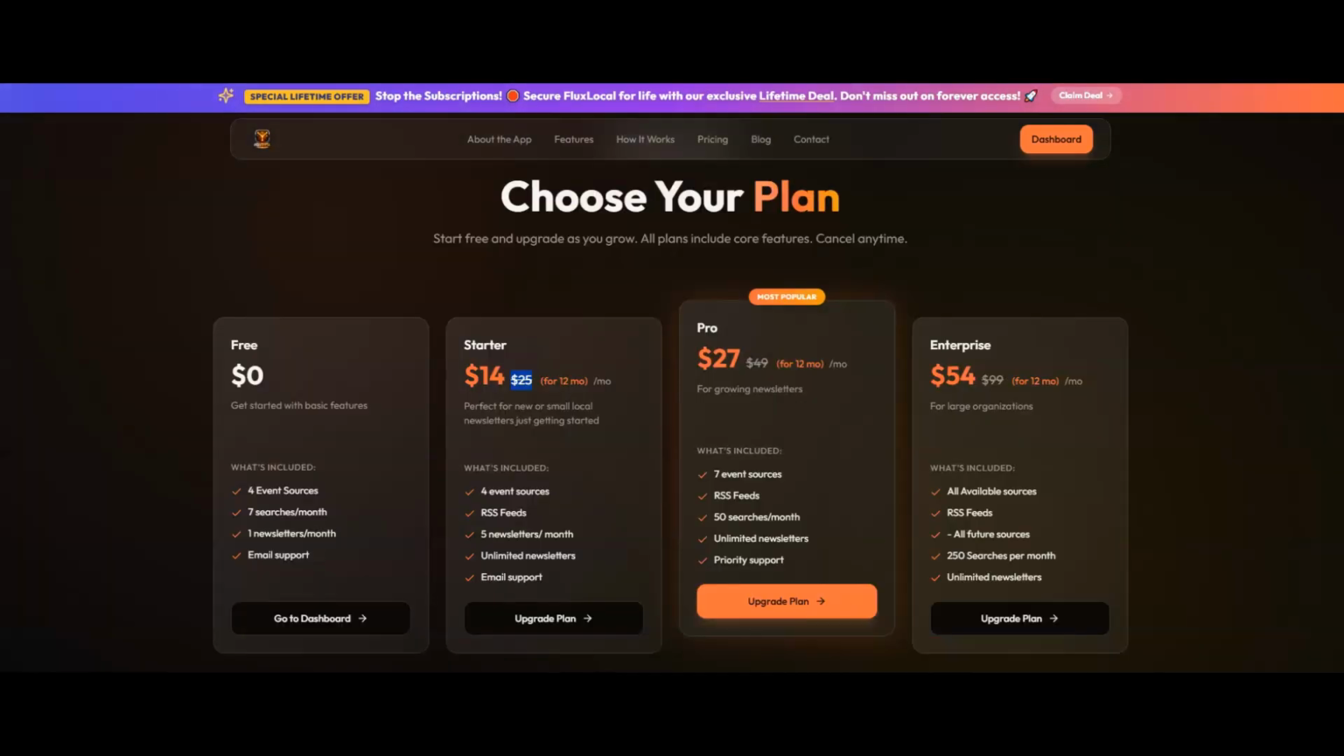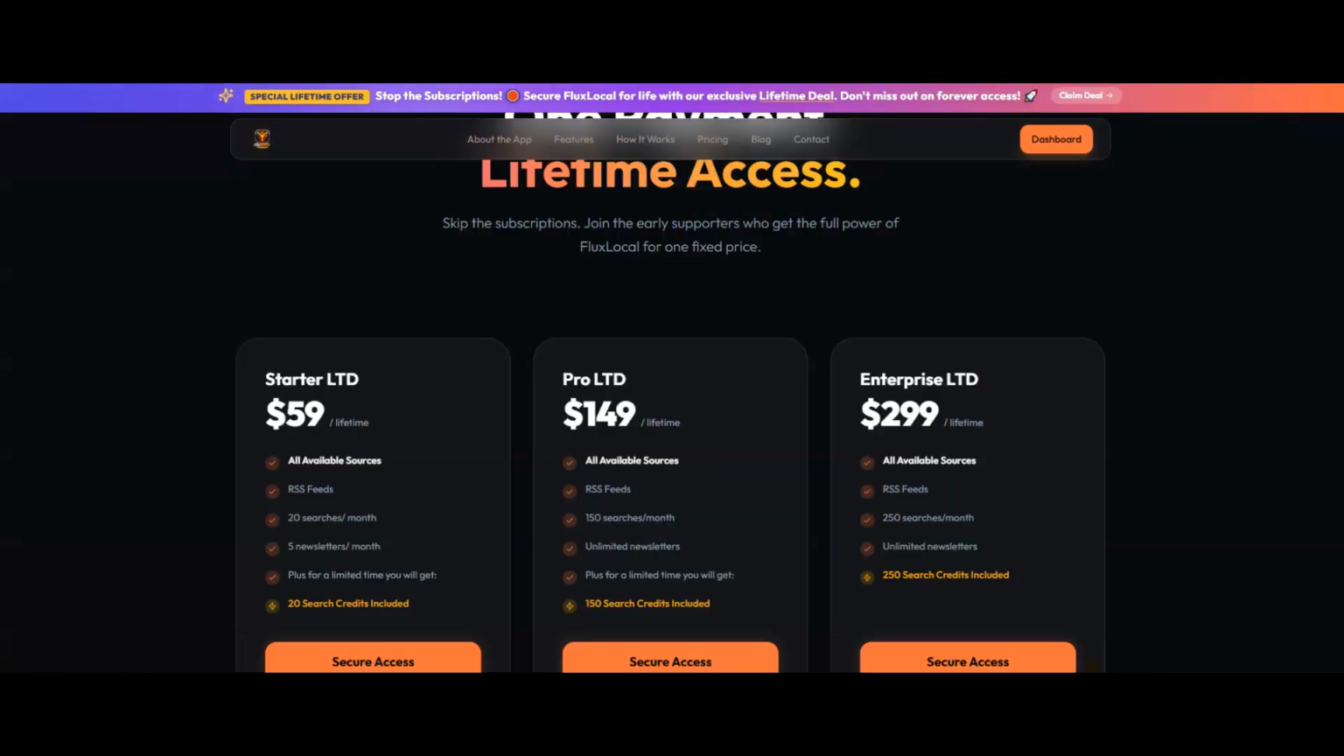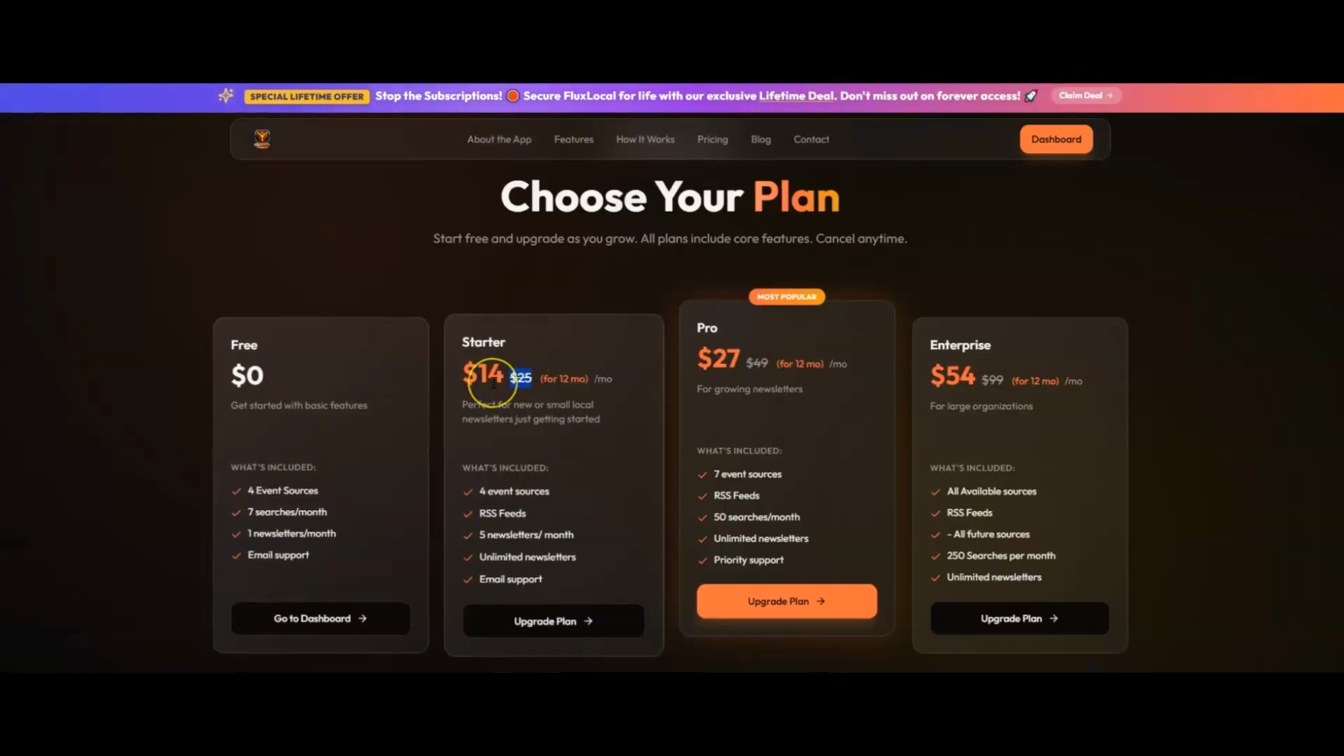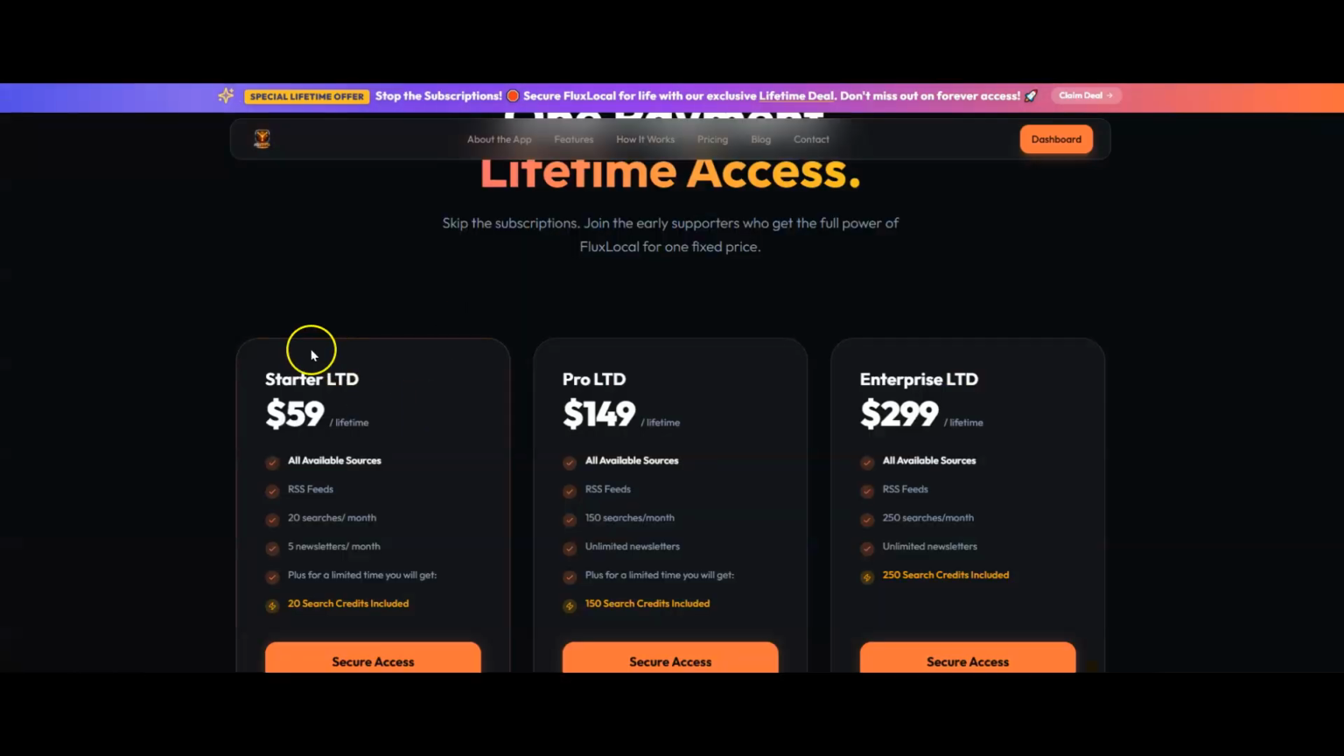$59. By the time you paid for 3 months of starter at the full price, then you paid more than at the lifetime deal. Even at the discount, after 6 months, you are quids in, because it's $14 a month on that, whereas the starter lifetime deal is $59. So